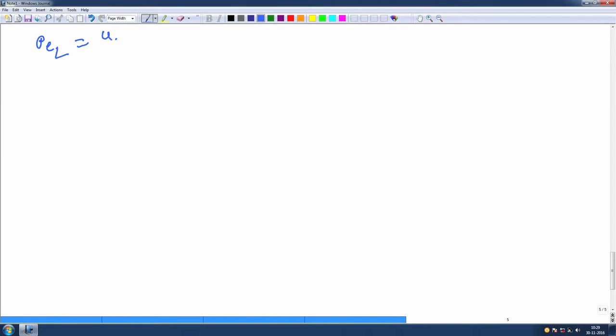Peclet number is what? U liquid into d by alpha. This d can be the droplet diameter, it can be the radius of the droplet also. This Peclet number is normally much greater than 1. In fact, this is of the order of 1000 actually, the liquid Peclet number. And the Prandtl number of normal liquids is usually of the order of 10, not of the